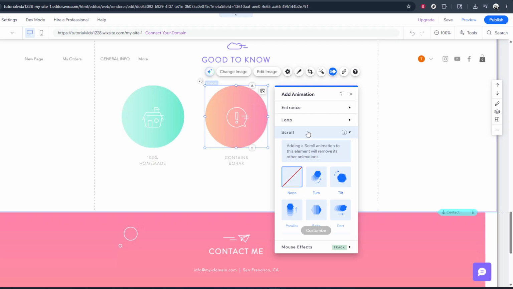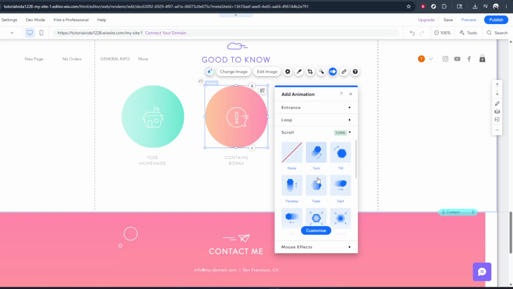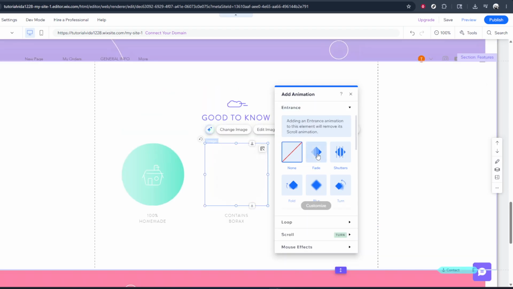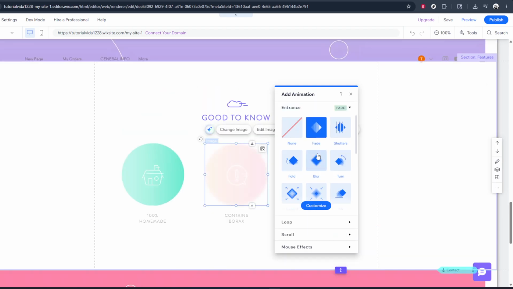When you're happy with the animation, preview your site using the preview button in the editor. Watch how the element behaves as the page loads or as you scroll. If something feels off, just go back, click on the element, reopen the animation and effects icon, and refine your choice or timing. Repeat the same process for any other elements you want to animate, keeping everything consistent with your overall design. Once everything looks good in preview, you're ready